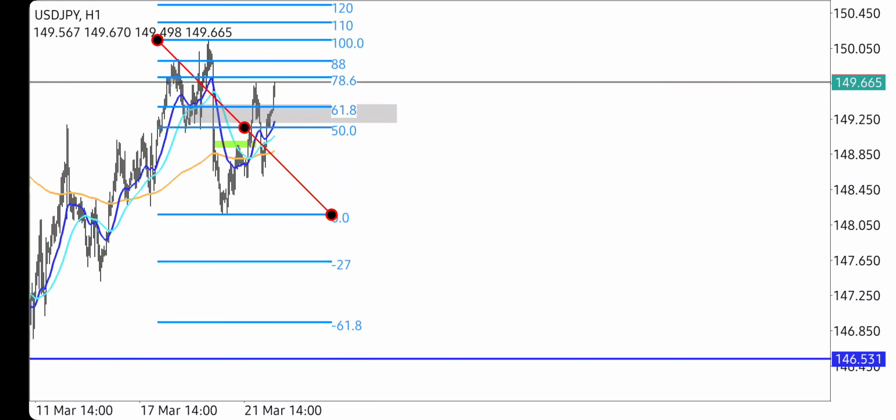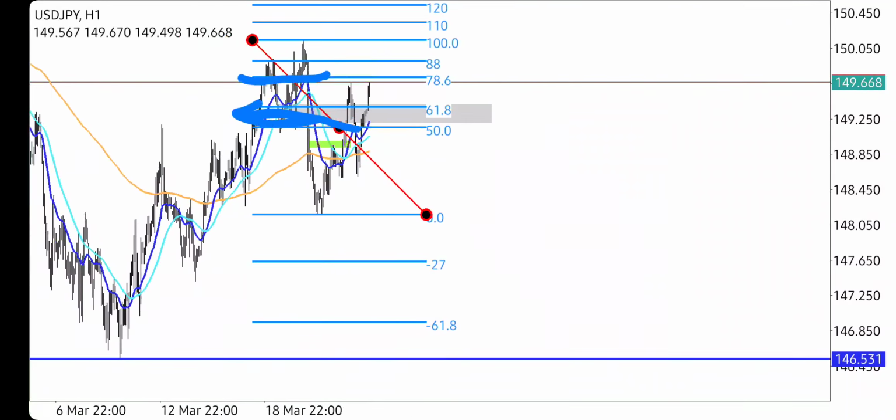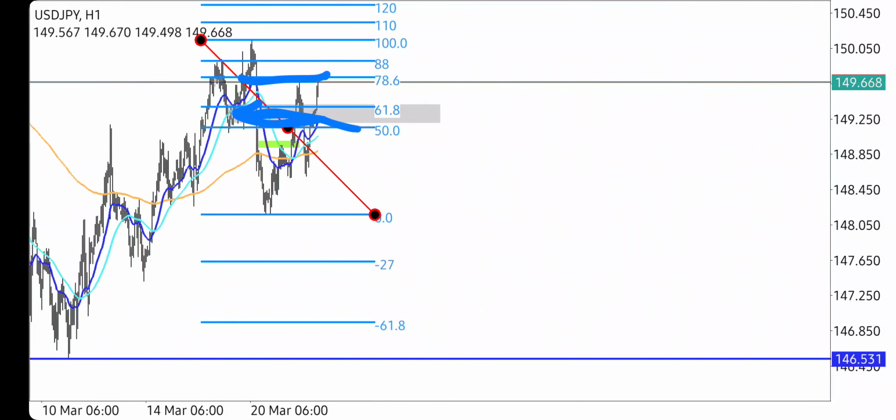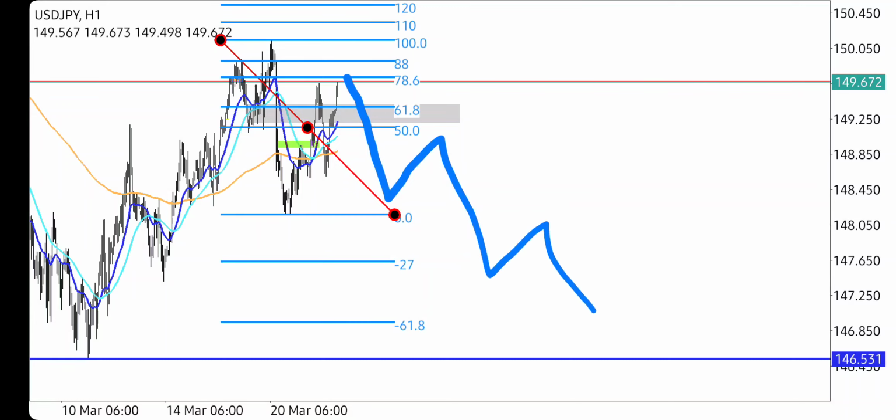Like I told you, this zone right here is at a 78.6, which ain't bad. If we took sells on this, our stop loss would be right here at this 110 mark. So now we can really buzz down to the 5 minute and just eat it up going down. So I'm really, like, fully bearish on